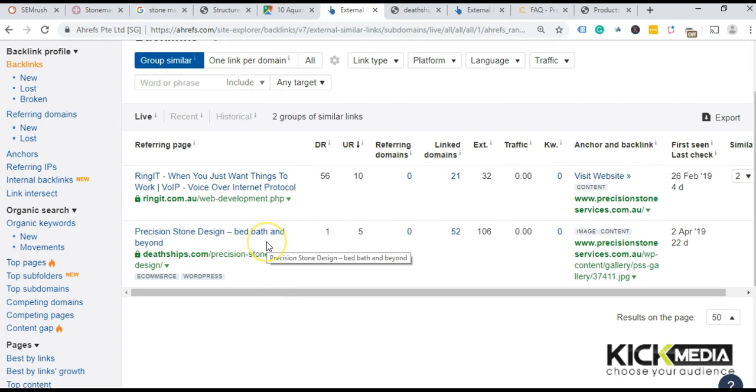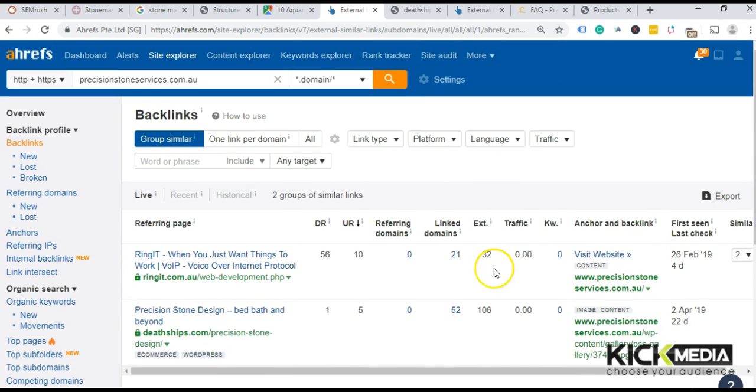But yeah, it looks like that may be a little bit more powerful, although that said, it's to an image as well because it says .jpeg there. So these guys don't have a lot of power either. So it's likely mostly on-site factors that they've done better than you for them to be ranking that little bit higher. So if you were to get your on-site fixed, get a few decent links to this website,